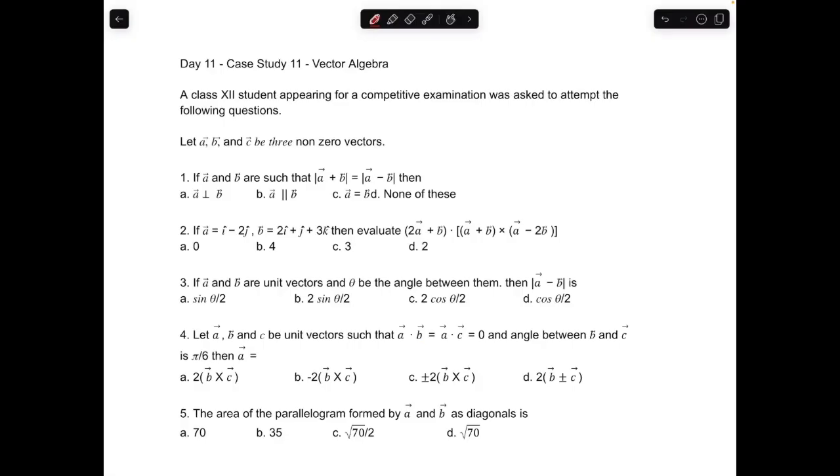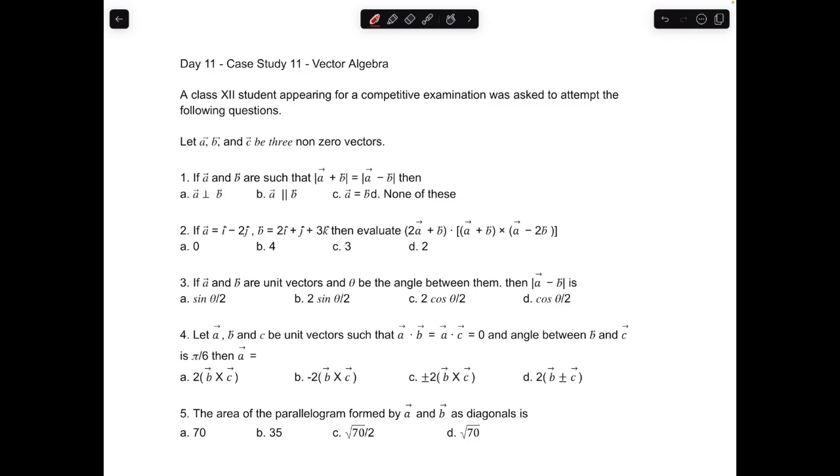Today's question goes like this: a class 12 student appearing for a competitive exam was asked to attempt the following questions. Let A, B, C be three non zero vectors. Question number 1: if A vector and B vector are such that magnitude of A plus B is equal to magnitude of A minus B, then